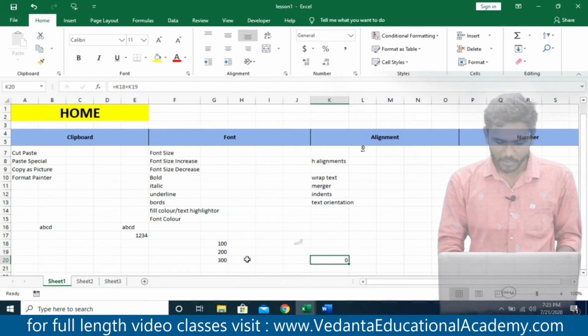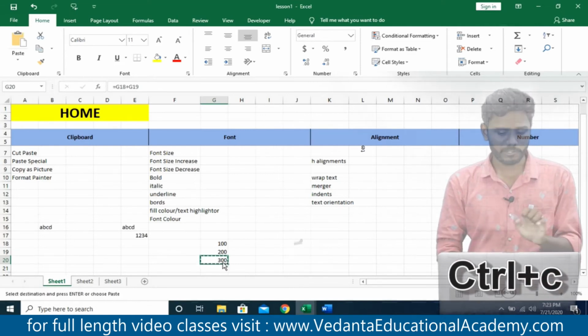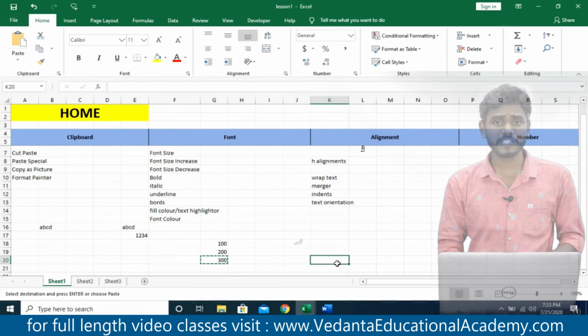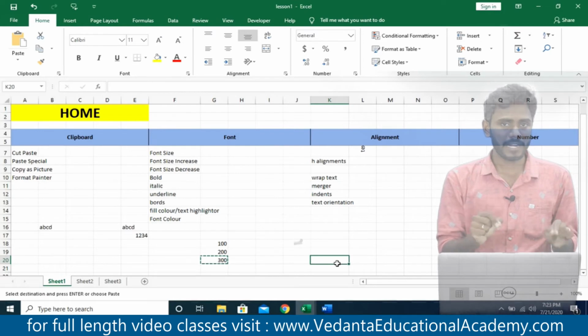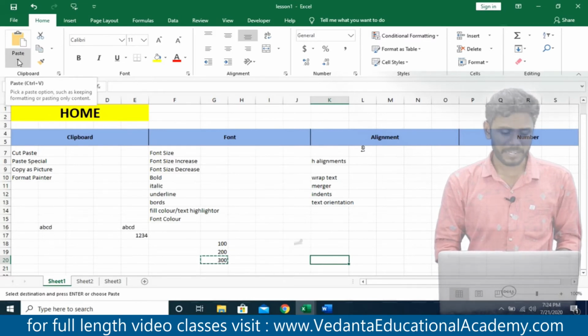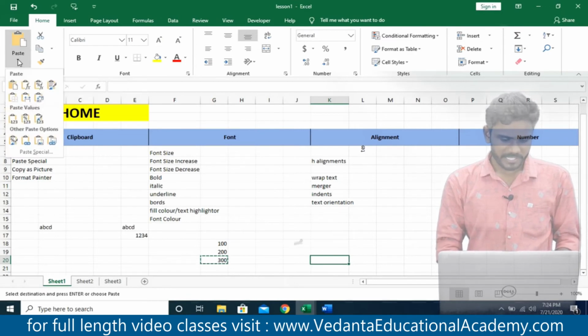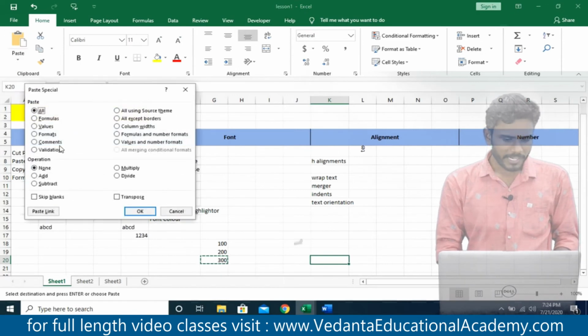So in these cases you just copy as usual, and wherever you want to paste, first activate the cell. After activating the cell, you do not press Ctrl plus V directly from the keyboard to paste it. First you need to go to the Clipboard group and click on the Paste dropdown. Click on where? Click on the Paste dropdown, and here click on Paste Special. So when you click on Paste Special, here I would like to paste what?